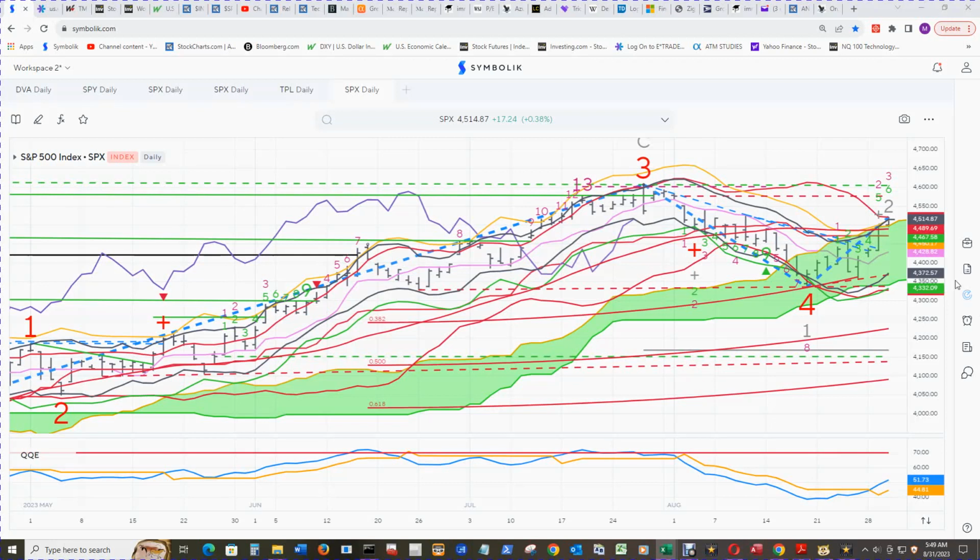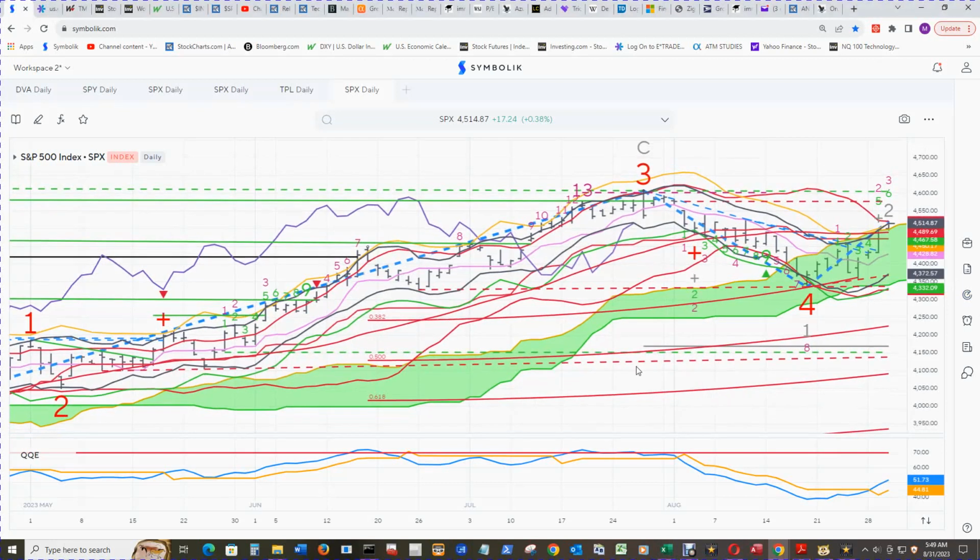The S&P 500 daily cloud chart, looking back to the start of the wave 1, 2, 3, 4, and D wave, is currently on D wave up wave 5 and D wave down wave 3. And D wave 3 and D wave 5 are the best waves to get on board with, so it could go either way: 3 towards the downside, 5 towards the upside. And if it surpasses this high,